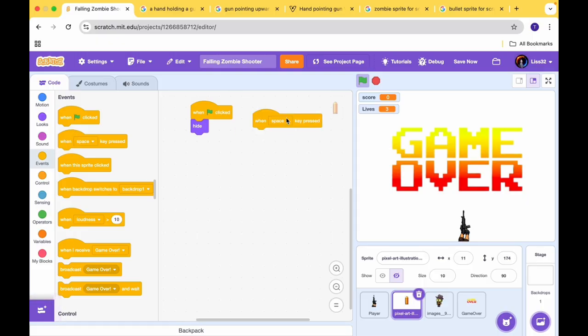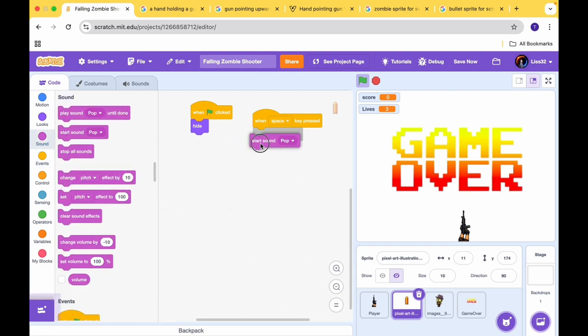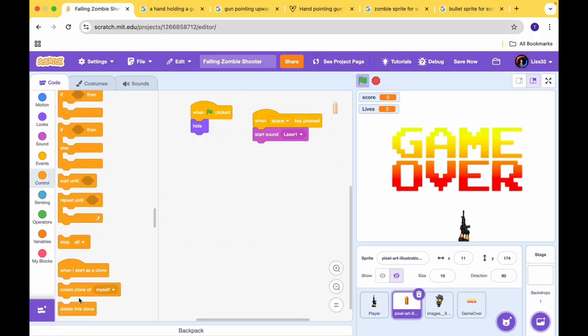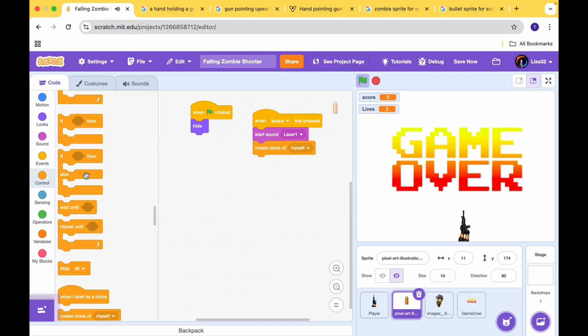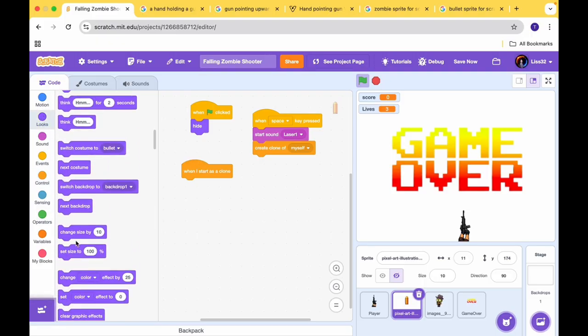When the space key is pressed, I want to add the sound, which I've created the game already, so I know what I like. Then there will be clone of bullets. It's not just one. So what's gonna happen when the bullet is got cloned? When I start as a clone, that's another starting for the control. We will be displaying the bullet now,